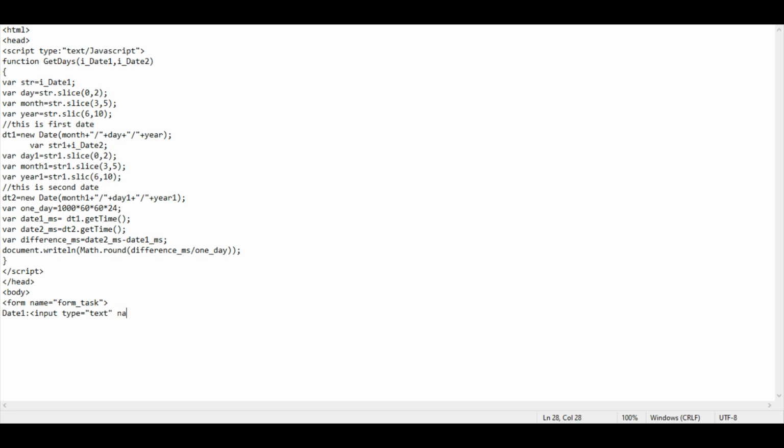Then mouse space. Now we put in the name. Name equals to D1. Placeholder has been put in here as well, because when text is not there, it will show you the format that your date has to be put in, so that you know how you have to write in your date. So this was our first one. Now we add break line.